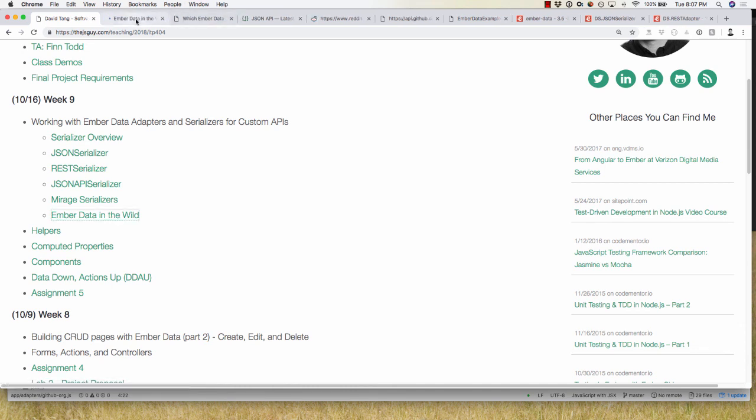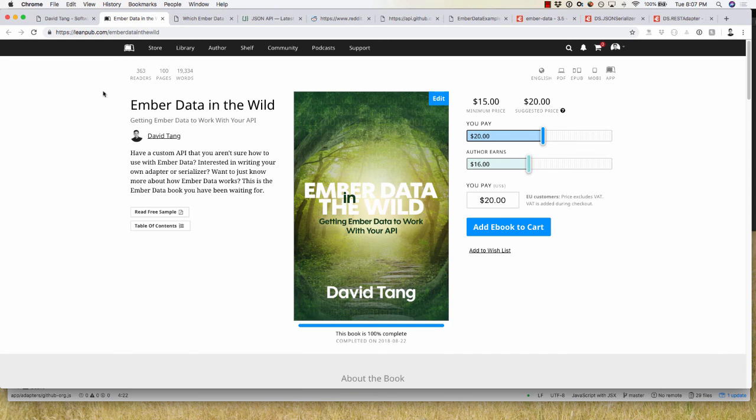Okay, so this is definitely a more advanced topic, but it's good to know if you happen to be doing any backend, or you want ideas on how to create a library for working with an API. This is just one approach. It's very robust, but it is a tad complicated because it has to be flexible for so many different kinds of APIs. They want to make it work with everybody. So it is a little bit complicated. I wrote an entire book on this